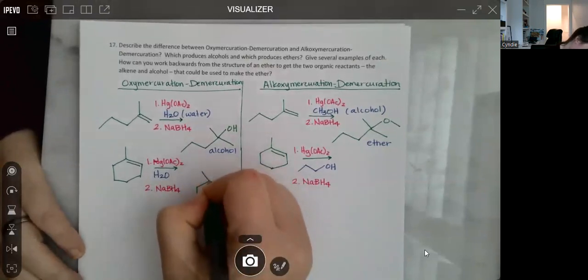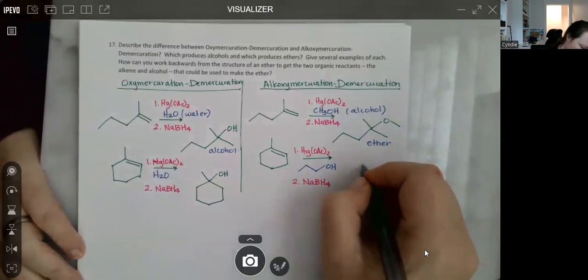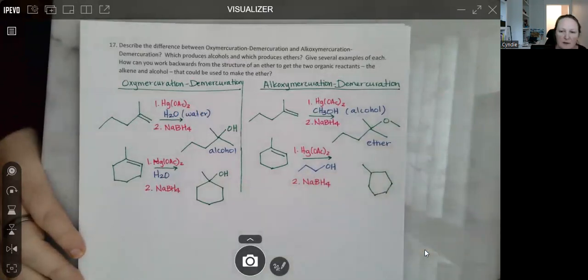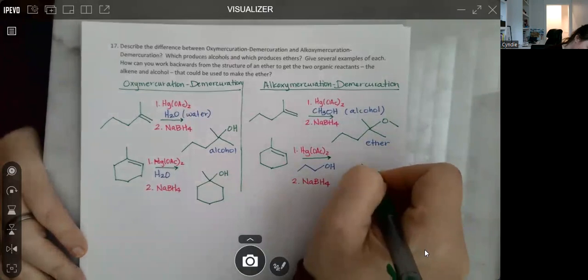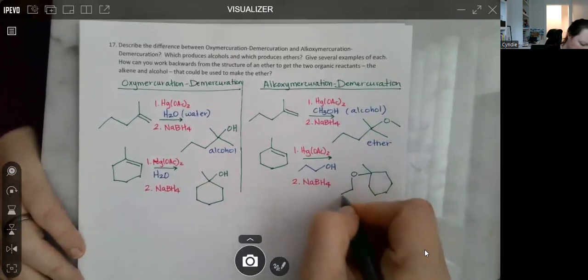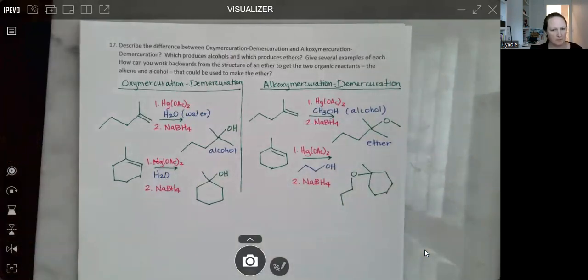So again, we're going to put that OH group on the most substituted carbon, and the OR group also on the most substituted carbon. Did it draw that very well? Oh, well. And we're going to come over here, and I'm just going to put the O with the 3 carbons attached. 1, 2, 3. Okay. So those are a couple of examples and the difference in the reagents and the functional group of the